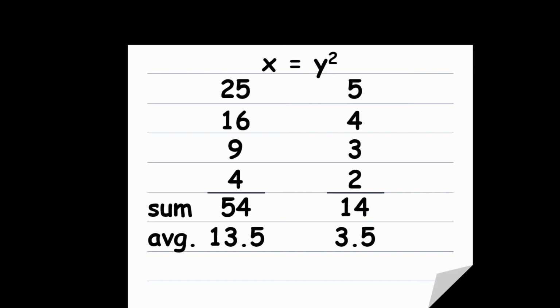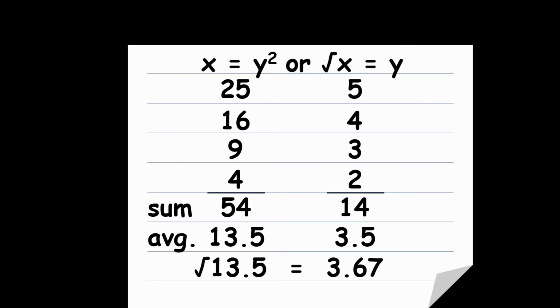So we know that x equals y squared. So if we want to find the x in this, then we just square our values that are y. We can sum those up and take an average as well. Now, a little bit of algebra helps me to solve. I can take the square root of x and get y. However, if you try to take the square root of the average of your x values, because there was a square involved, it throws the whole thing off. It doesn't match the same average that you get if you were to average the values for y.